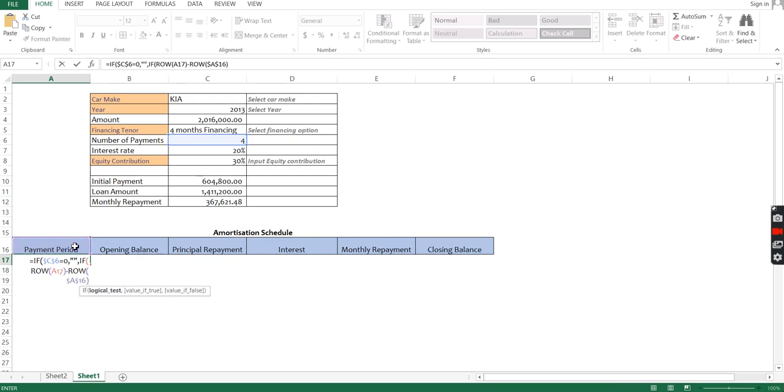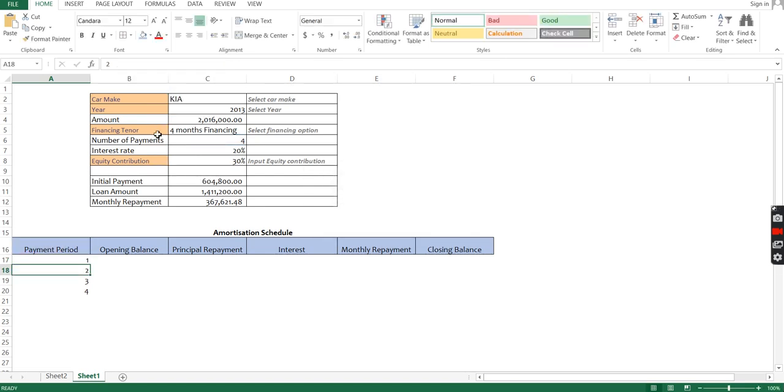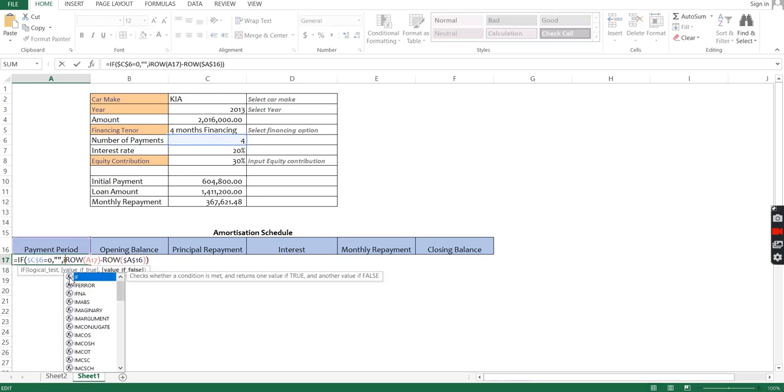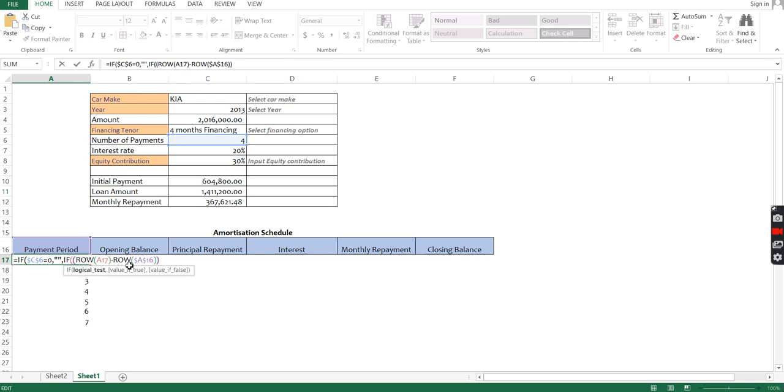So if I leave the formula this way, let me show you what it does. What Excel does is help me bring 1, 2, 3, 4, 5, 6. But I don't want Excel to show 5, 6, 7 because I've only selected 4 payments here. So what I'll do is to put a condition in this also. I'm telling Excel that if the outcome of what you have here